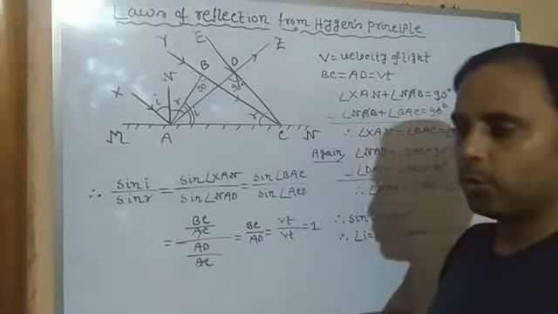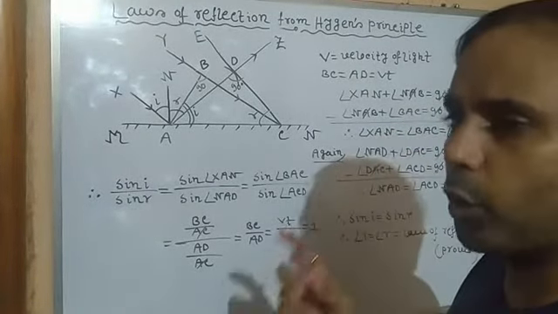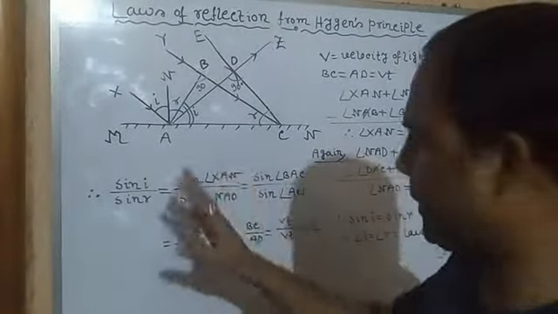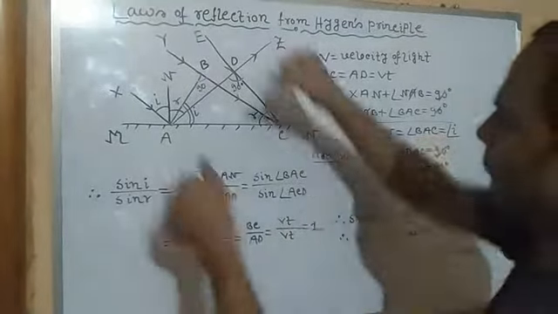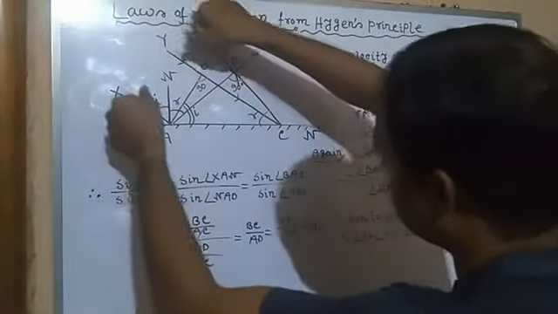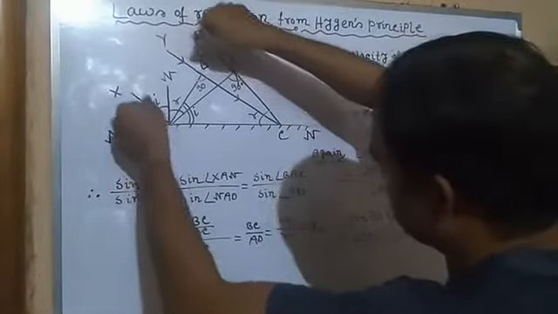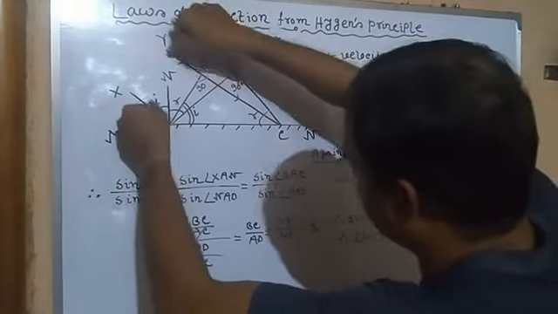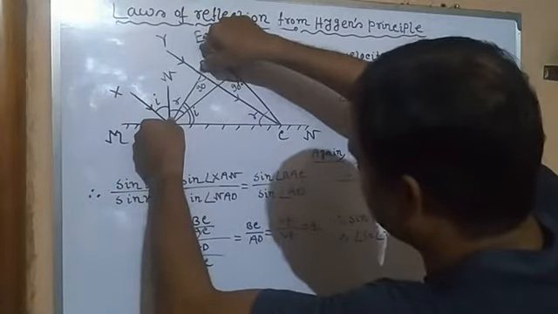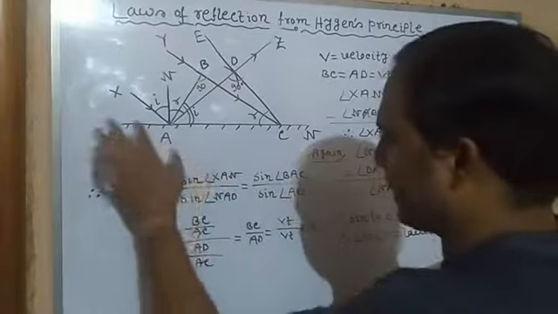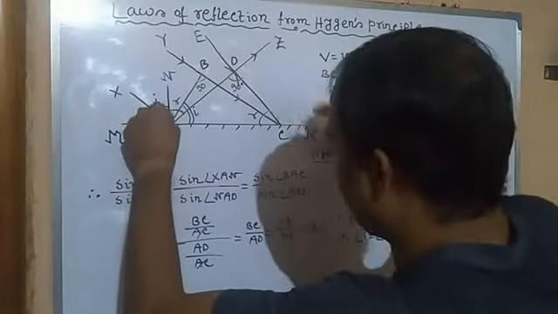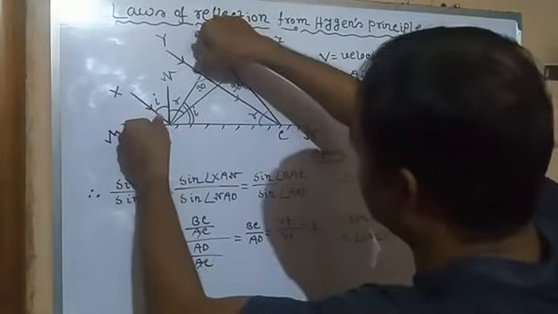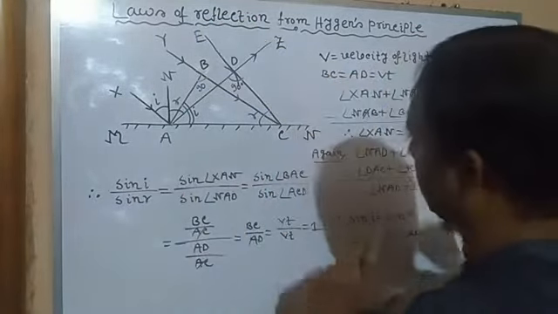Since we are going to obtain the laws of reflection, first of all we need a reflecting surface. Suppose this MN is a plane mirror or any other reflecting surface. Then a light ray is incident on it. When light reaches from point X to A, then at the same time it also reaches from Y to B. Then after time t, since MN is the reflecting surface, striking at A, it will reach D. It means it is the reflected light. But at the same time, it will also strike the point C.